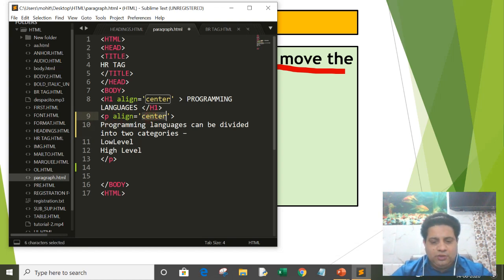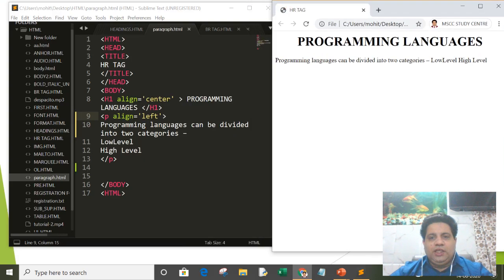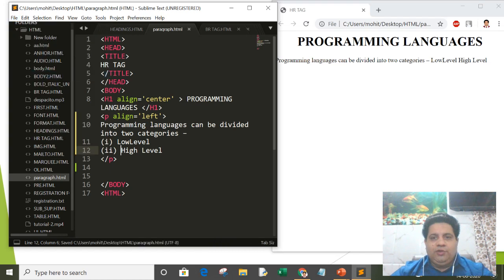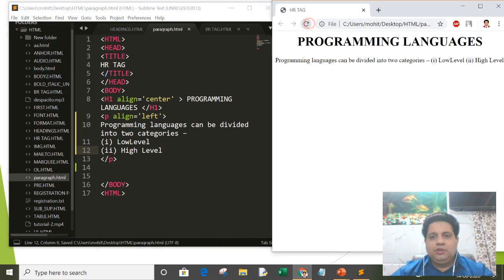I am saving it and opening it in the browser. You get the output like this. Programming languages can be divided into low level and high level. In low level I am giving numbering 1, and in high level I am giving numbering 2. Now I am saving it and refreshing the web page.